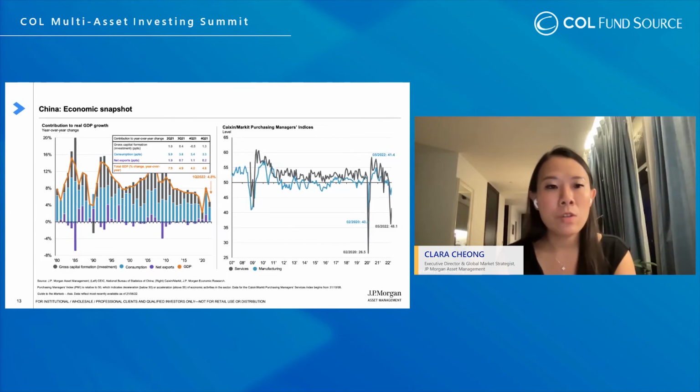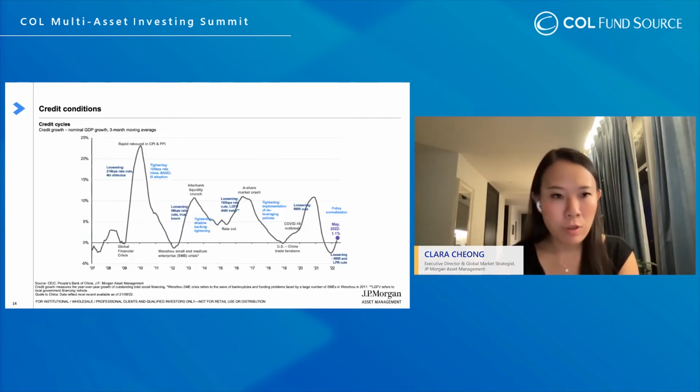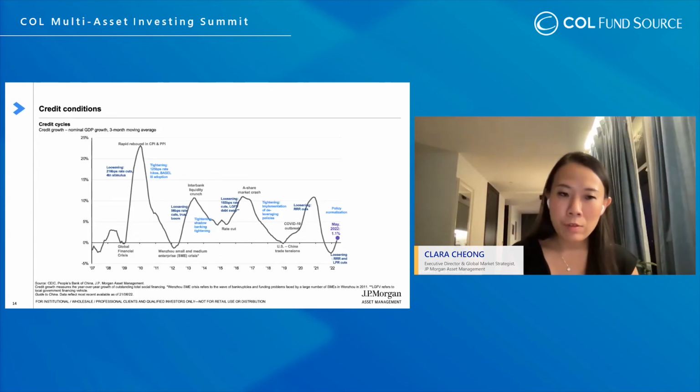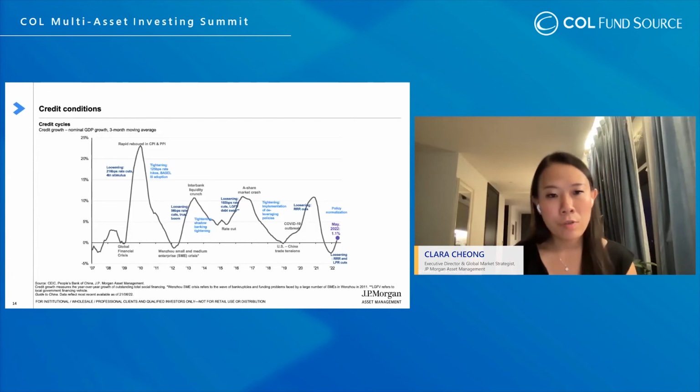So on the next page over here, this is something that we track very closely, credit conditions, and you can see that they have been improving very quickly after the government took a series of actions to ease credit conditions. Some notable mentions include reducing the lower bound of the mortgage interest rate by 20 basis points for first-time home buyers. And then they also trimmed their 5-year loan prime rate by more than expected, 20 basis points down to 4.45%. And why does this matter?